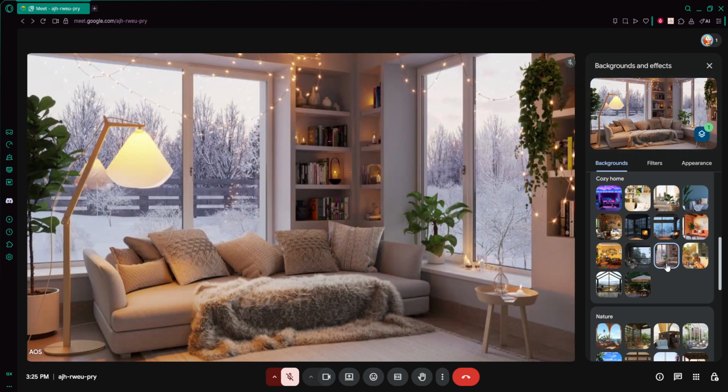That's all there is to it. Set up your green screen behind you, join your meeting, click effects, select your background and apply it. With a bit of care in your settings,